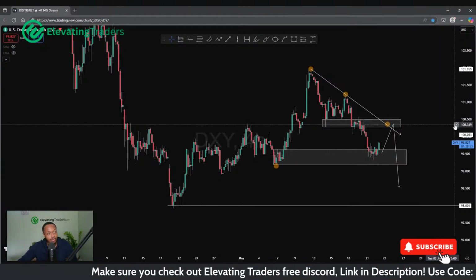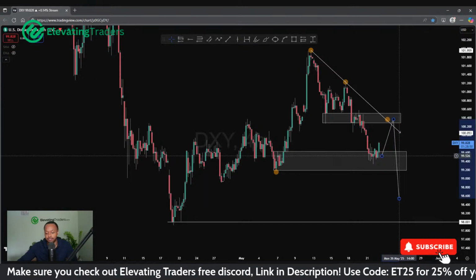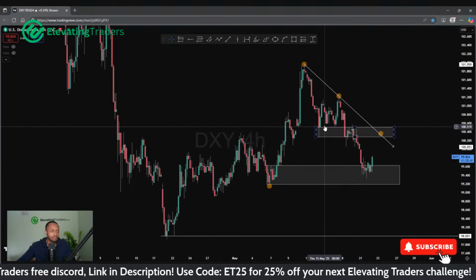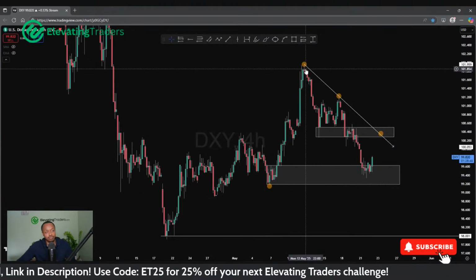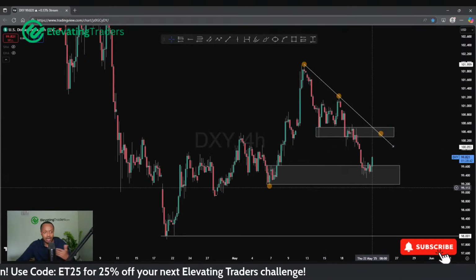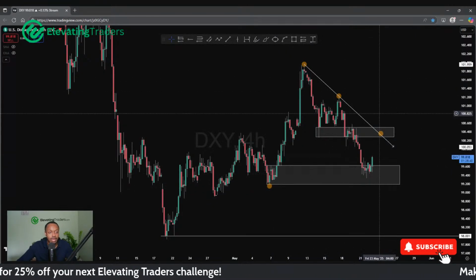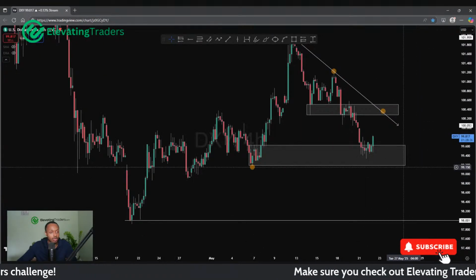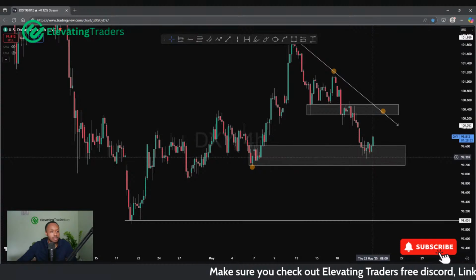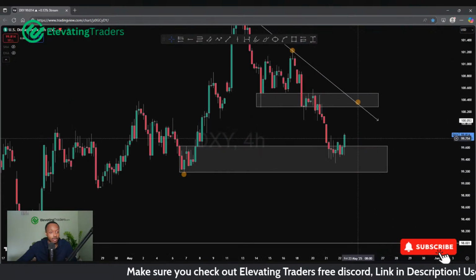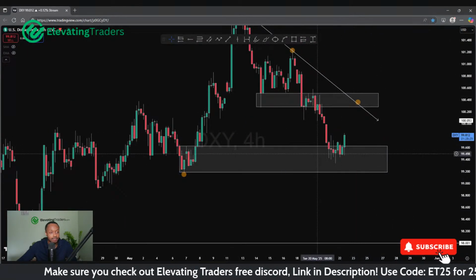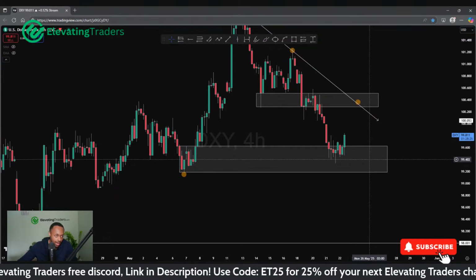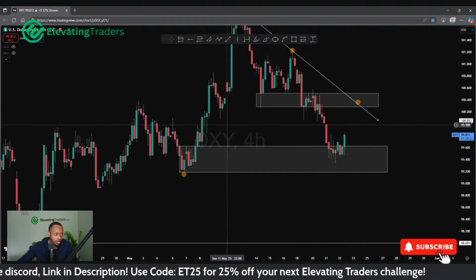But yeah, in terms of USD, in terms of DXY, similar situation to dollar yen actually, in terms of we had a big bullish move, price kind of slowly pushed down, now it's testing support again. From here we can see another reaction, in a similar case to what we're seeing with dollar yen. But we're seeing a bullish USD this morning, strong 4-hour candle, which is set to close in about an hour and 28 minutes. So we'll see how that holds up. But so far looking pretty good off this zone.